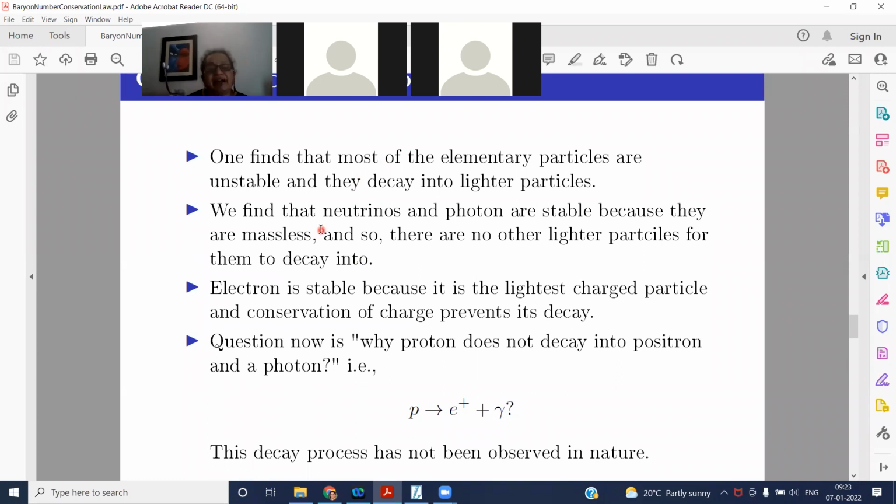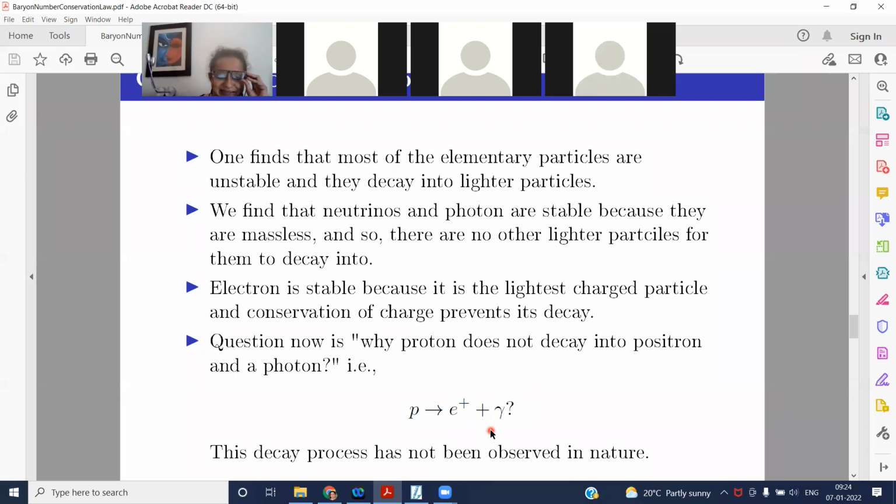So once you have it, what is the right hand side spin of this process that I have written here? Right hand side angular momentum: e plus has half, photon has 1. So half plus 1 can give you what values? Half and 3 by 2. So you have both. That means the right hand side is half integral, the left hand side is half integral. It is possible according to conservation of angular momentum.